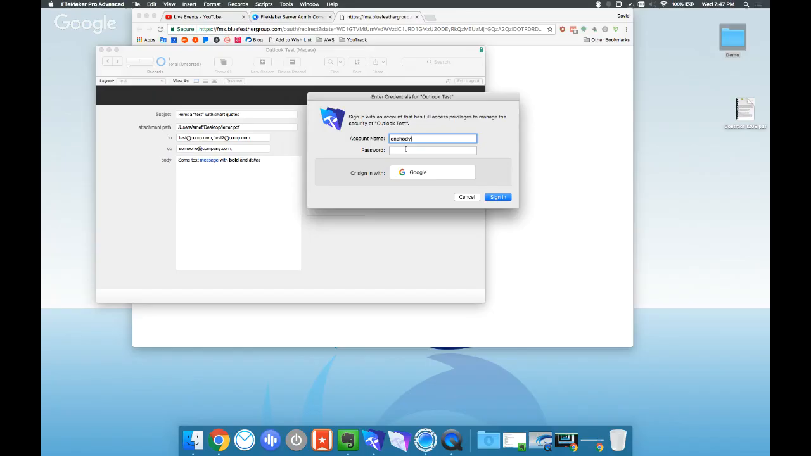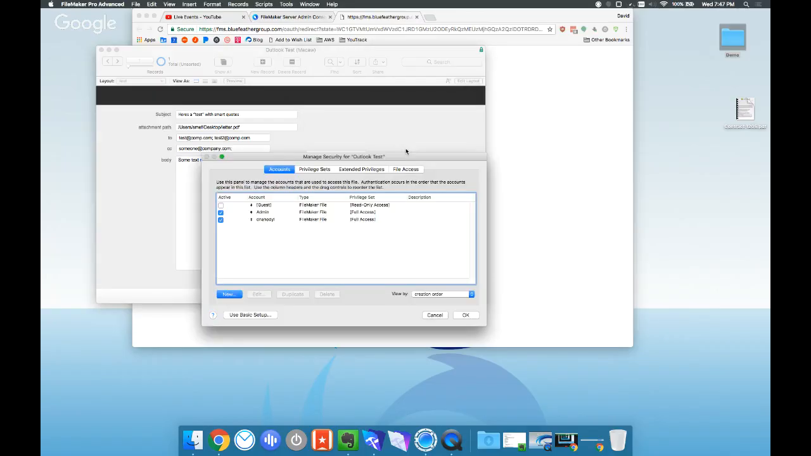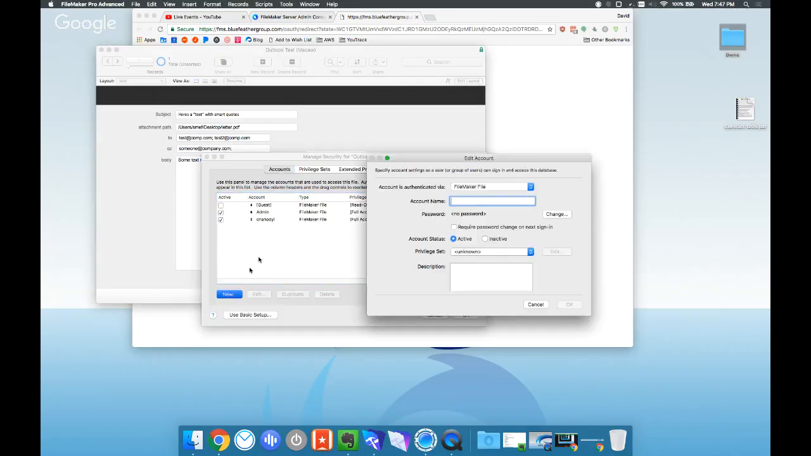Get my password properly. All right, so let's add a new account onto this file. I'm going to add the Google account on here,